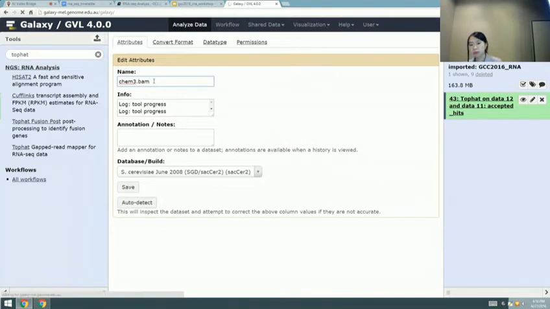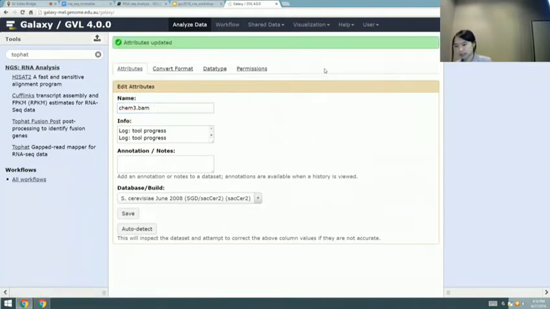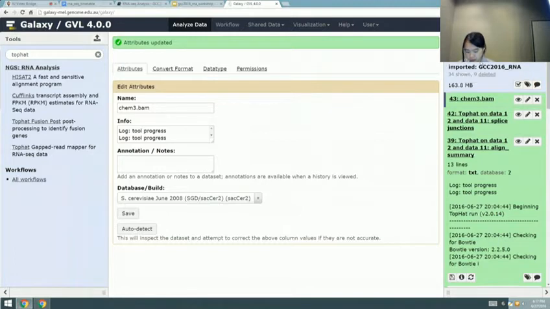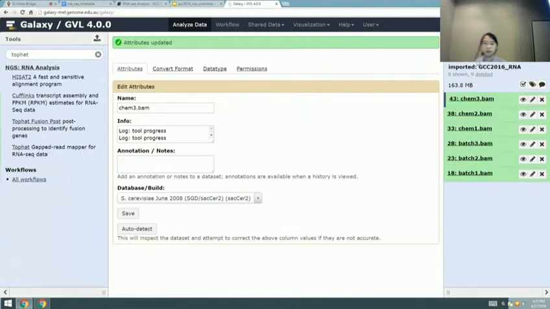Okay, I got it. So that has been renamed. I'm just going to search here. I have 6 BAM files, chem 3, 4, and batch. And if I go back to my laptop screen,